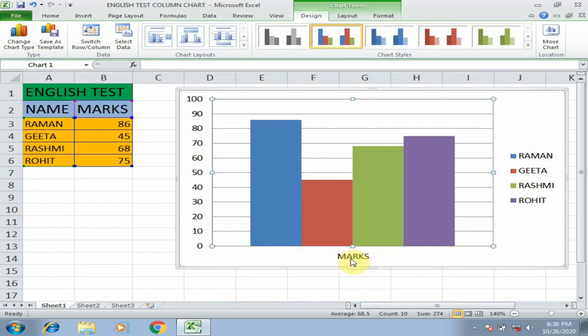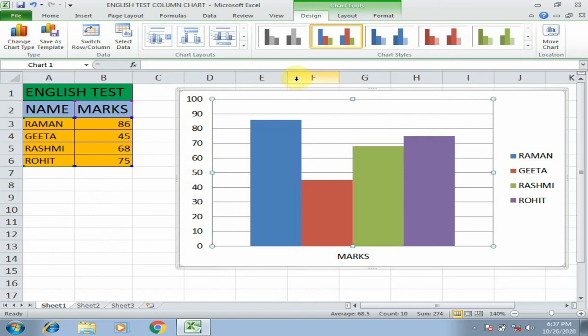Now it is on the horizontal axis, and all the names become legends. So all different colors are related to different students here. By this we can switch our row and column. If you need such a thing, you can switch them, and by this we can simply understand their value.